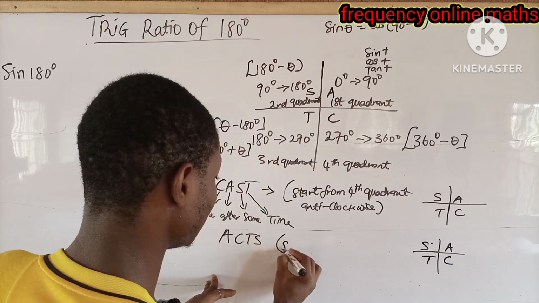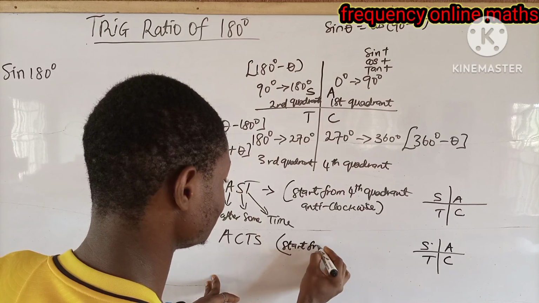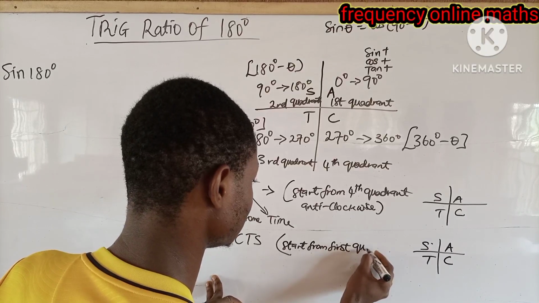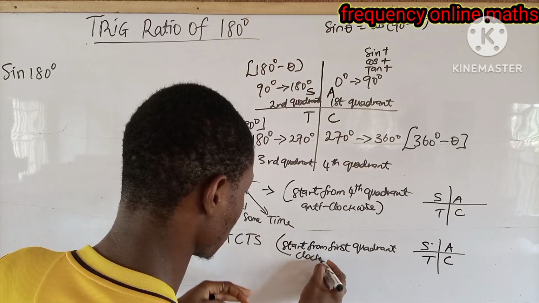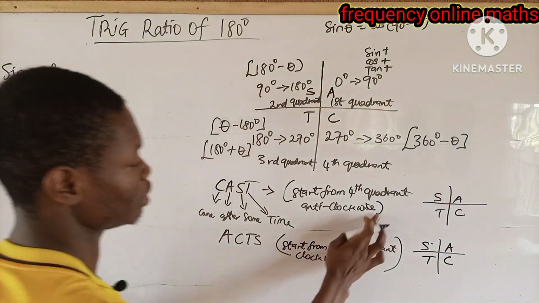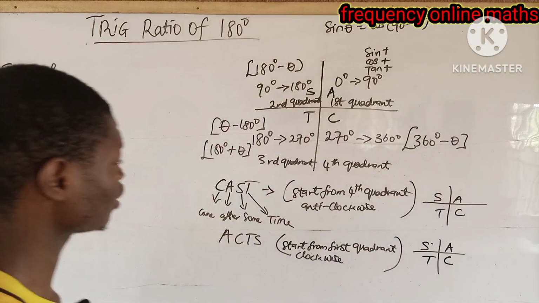So start from the first quadrant, clockwise. So that's the formula for this one. Start from the first quadrant, what? Clockwise. We have another one called